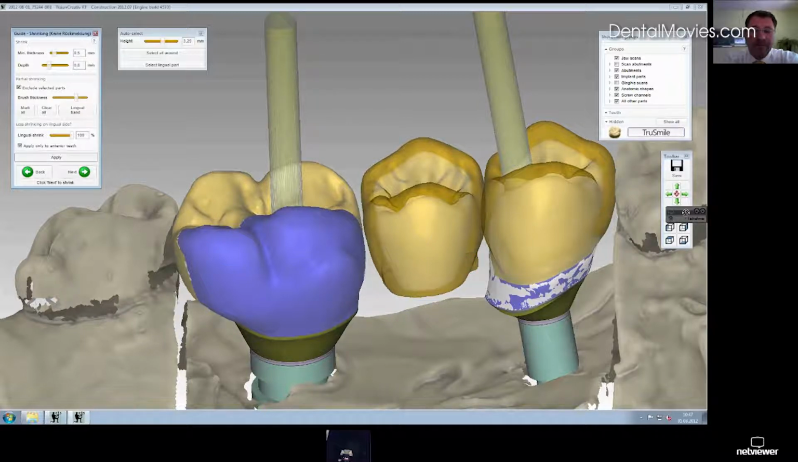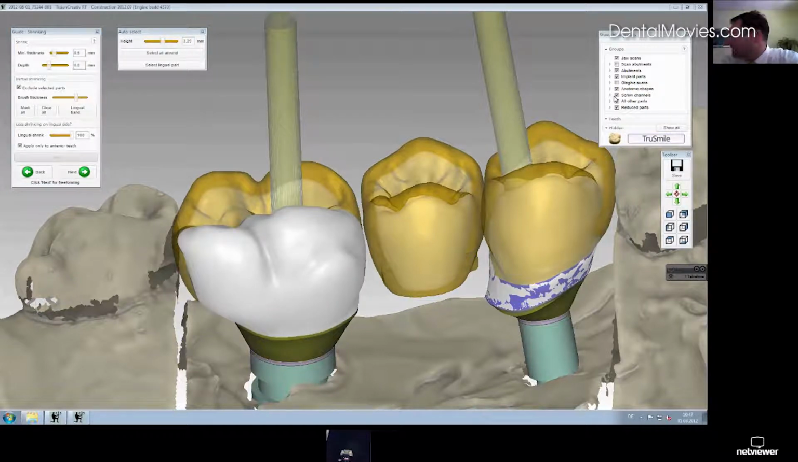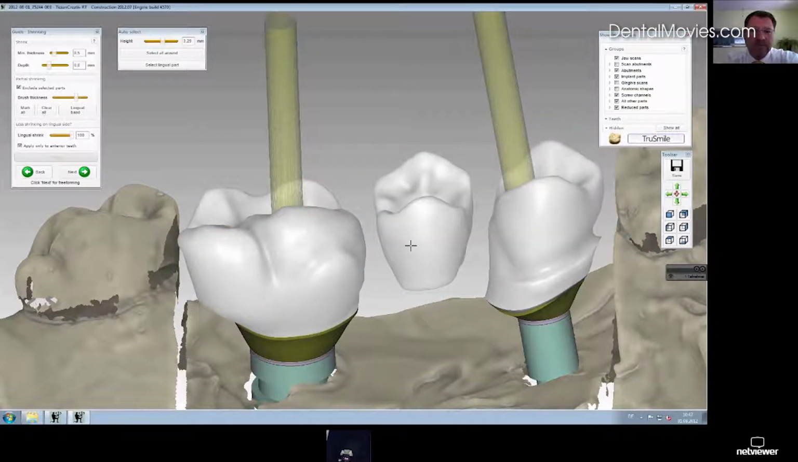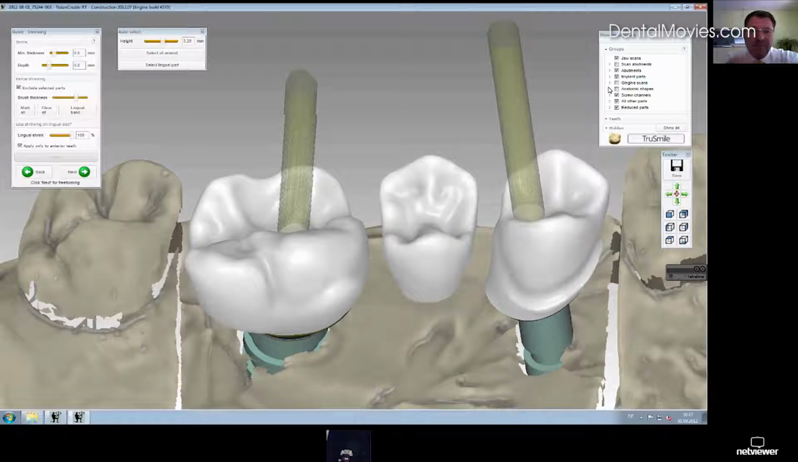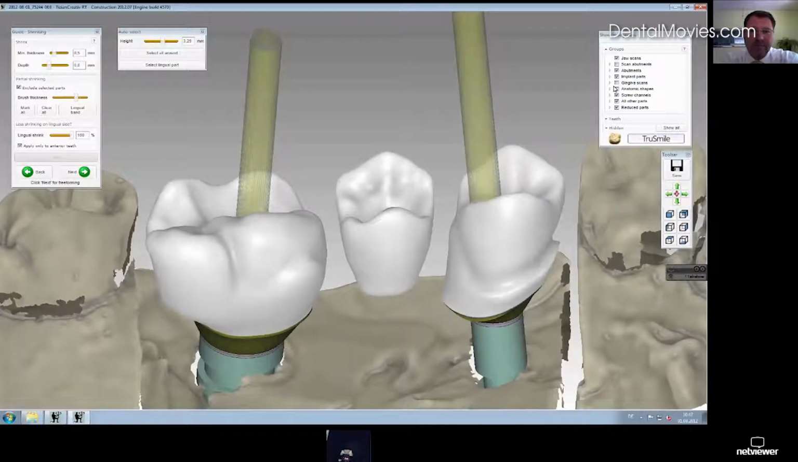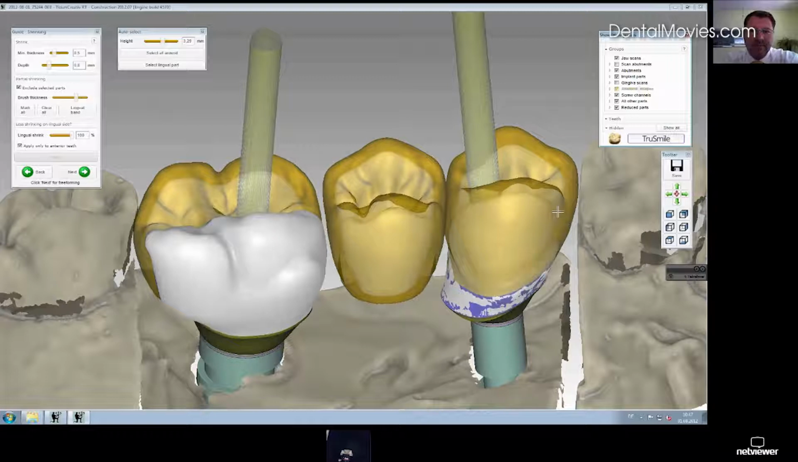Okay, then we shrink the whole tooth with 0.8. Then apply. Here you see the shrinking process. Das heißt, wir haben jetzt 0,8 mm Platz für Keramik. And in this area here you see the complete tooth, and when we